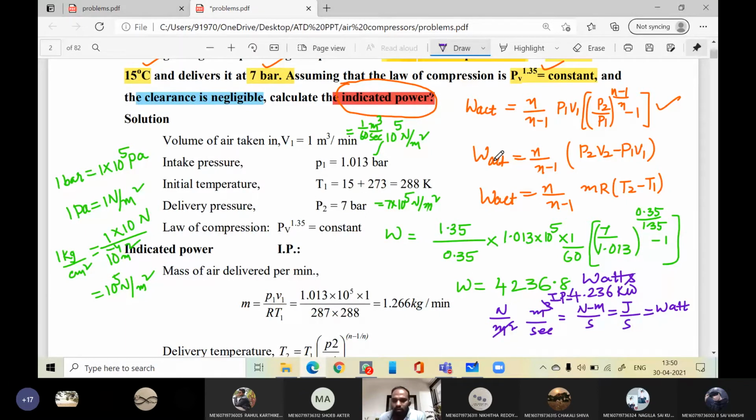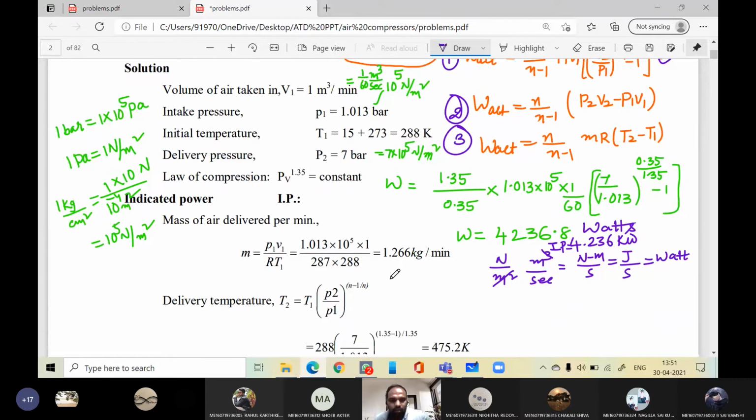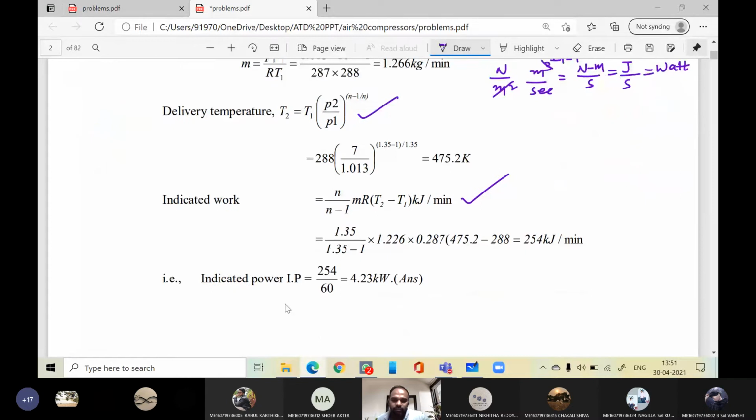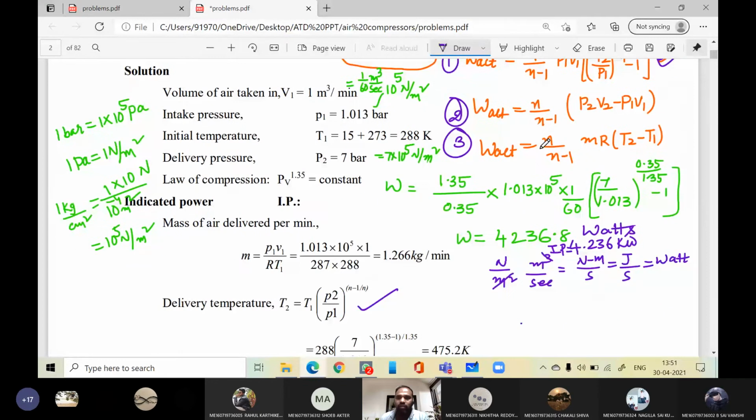Okay, now look here, I told you these three formulas are the same. We can use formula 1, formula 2 and formula 3. Which formula did we use? We used the first formula. Yes or no? Yes, sir. But if you see in the book, which formula did he use? Look here, he calculated the delivery temperature, then he used the next formula, m R (T2 minus T1). Did he get the same answer or not? Check it. Yes, sir, same answer, right? So depending upon your thinking, the data and our understanding, we can use any of the formulas. It is not compulsory that we should use this formula or that formula. Any formula we can use.